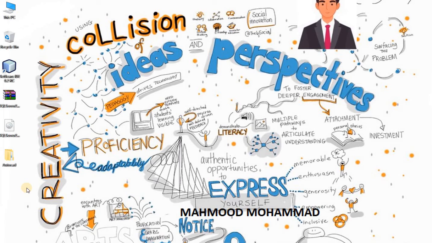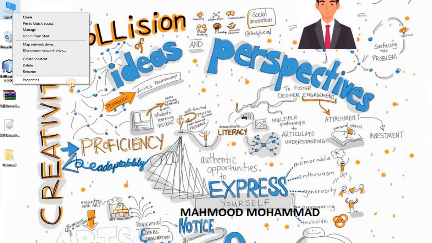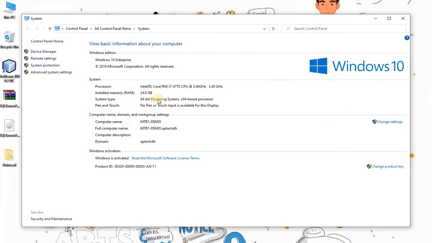Hi, in today's tutorial you're going to learn how to install SQL Server in a standalone computer. It's a Windows based installation. Either you can take Windows 10 operating system or a Windows 7 operating system. The operating system which I have here is Windows 10 and it is a 64-bit.